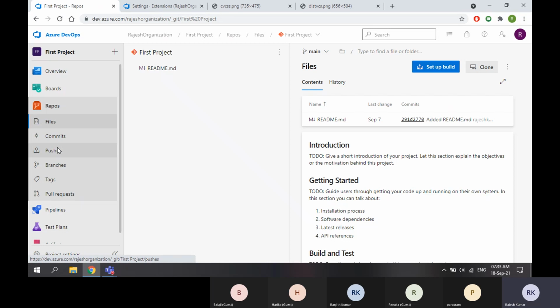For suppose all the 10 developers are working from India only. But suddenly one person went on leave. There is no information, but suddenly it's an emergency. So suddenly he went on leave. The entire source code was on his system only, on his laptop or on his desktop. As per organization rules, we are not allowed to access his system. So we don't know the status of his source code. He never shared his source code with anyone. So the entire source code is in his system only.